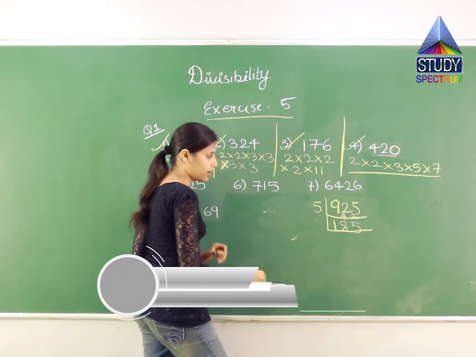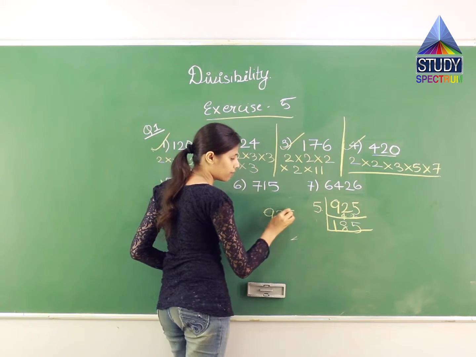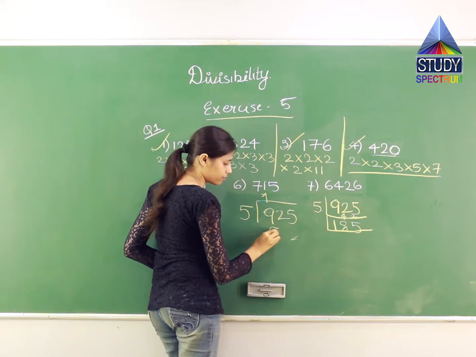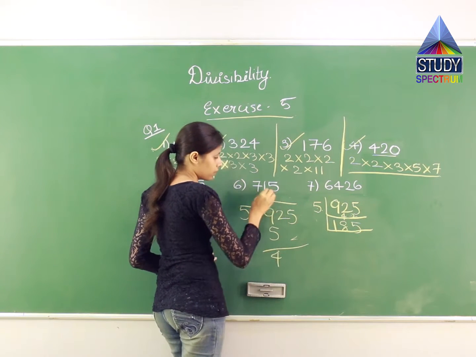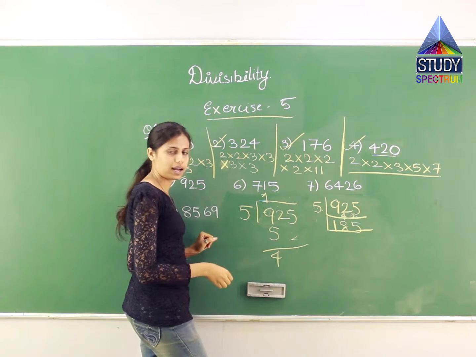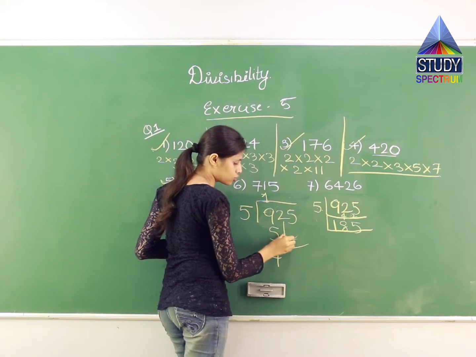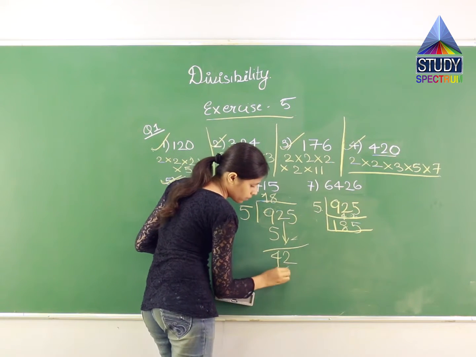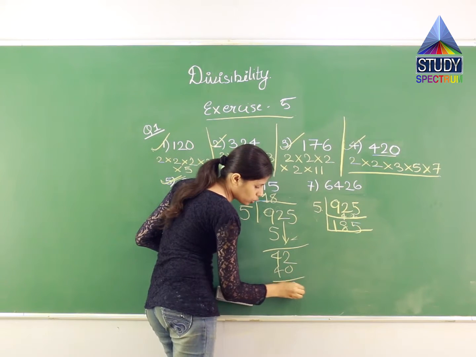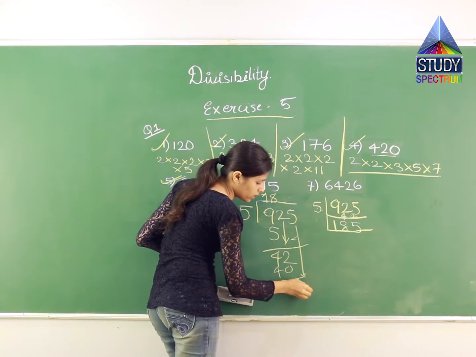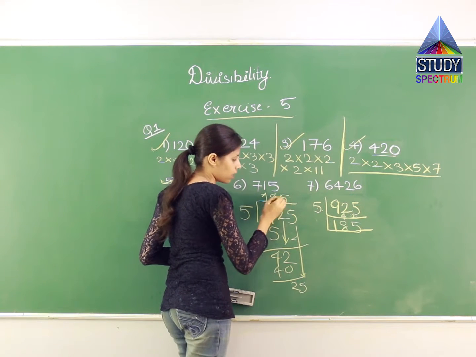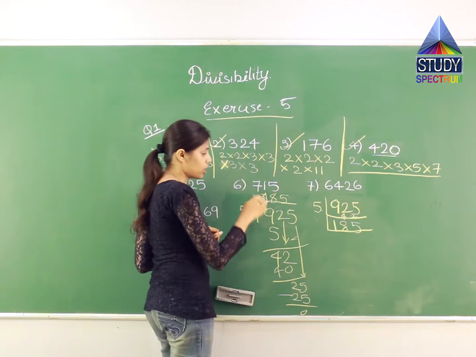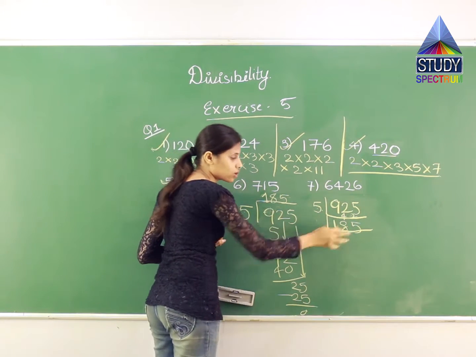See, if you are not clear with this, you can also divide it. 525 divided by 5. 5 ones are 5. So 4 over here. Now 4 cannot be divided by 5, right? So what I will do, I will bring another number, that is 2, down. So I get 42. 5 8s are 40. 42 minus 40 gives me 2. This 5 I have brought down, I got 25. So 5 5s are 25. And I get 0 over here, subtracting 25 minus 25. So this is what I get, 185, and that is what I have written over here.